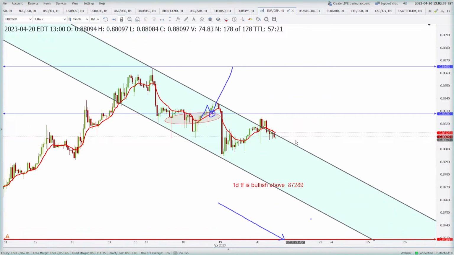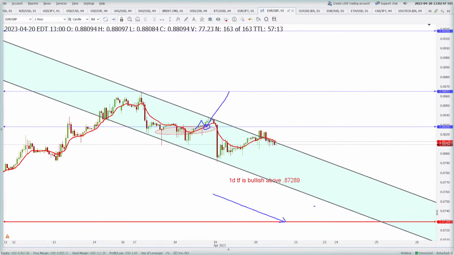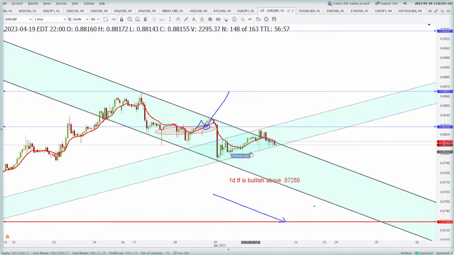Euro GBP trading below 10 periods moving average. Daily time frame is bullish above 0.8729. Above this it is bullish. This falling channel seems to be breaking on the 1 hour. There is one more channel building up here. I think this is interesting. If this channel is able to keep and take the price above 0.8828, then 0.8865 will be exposed in this month. On the contrary, if it breaks below this rise,